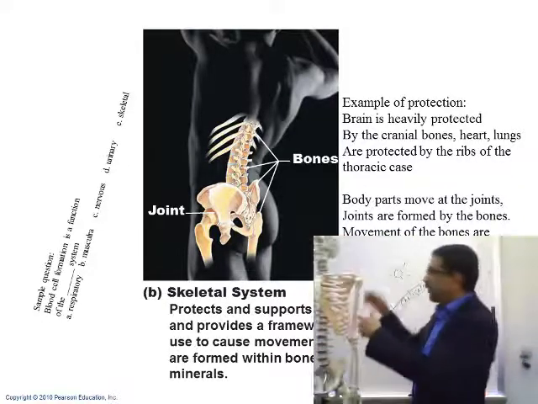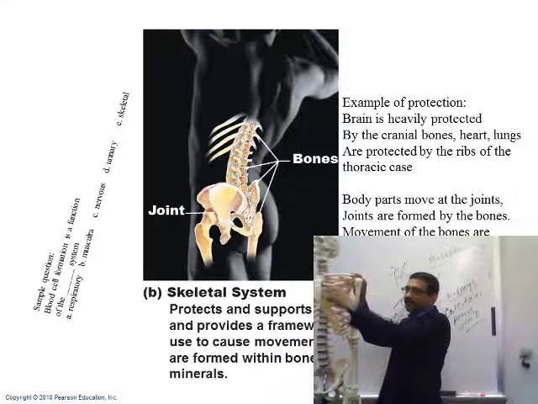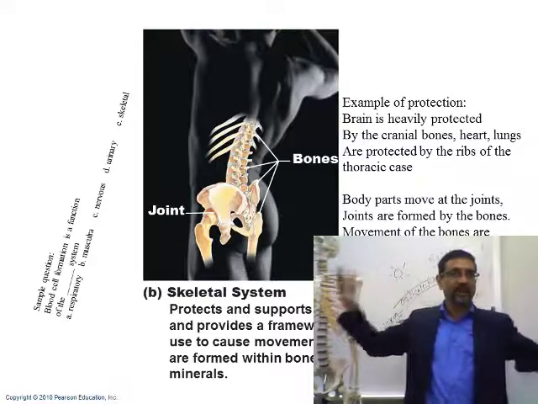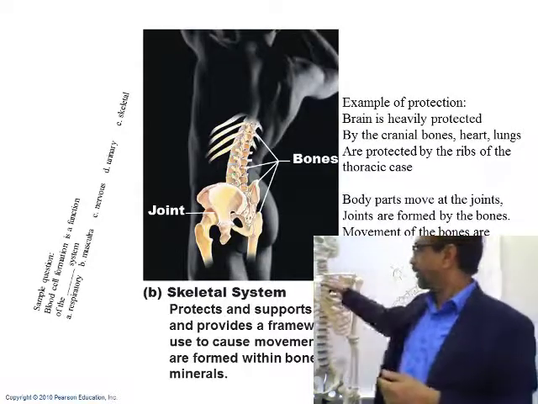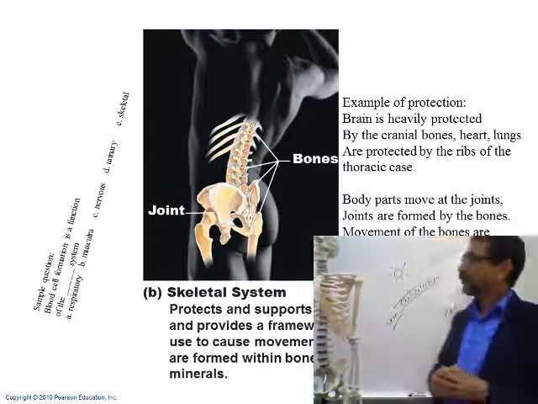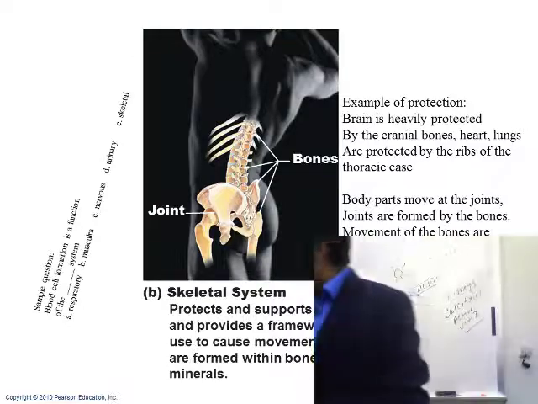You see here, these ribs are attached to the sternum. This bone is the sternum. Attached by what? Costal cartilages, right? So joints, and I have mentioned joints, are formed in many cases by cartilages. Okay, so protection, support,